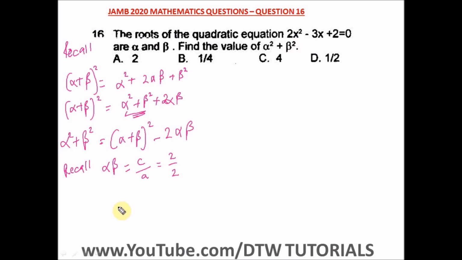And you also recall that alpha plus beta is equals to minus B over A. So what is our B here? Our B is minus 3. So is equals to minus, don't forget your sign. Our A is 2. So we are left with 3 over 2. So equating this in this equation, we have therefore